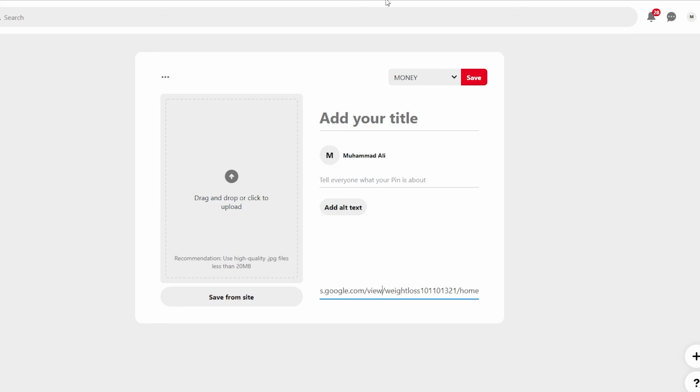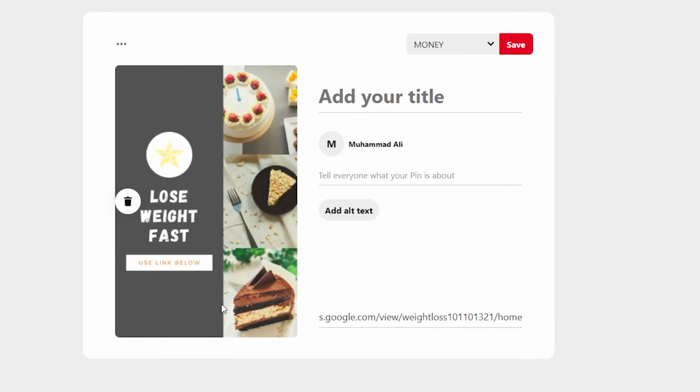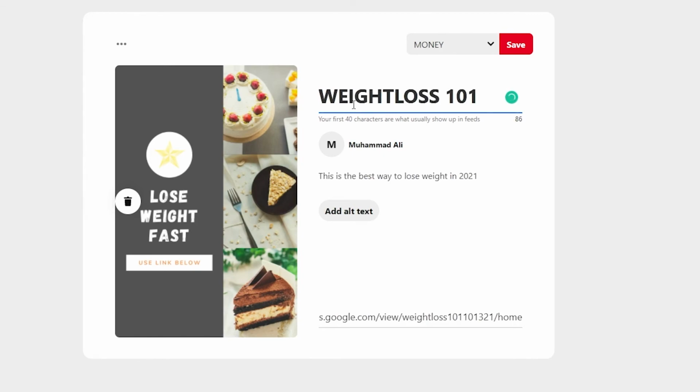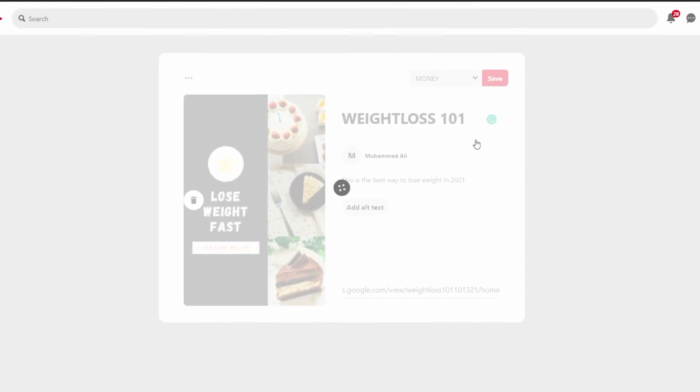Once you have your thumbnail, click on this button and then simply upload your picture over here. Once you have your picture, simply type in over here, this is the best way to lose weight in 2021. Once you type in this, after that type in caps at top, weight loss 101. Once you do that, click on save, and now your particular pin is going to be saved on Pinterest,